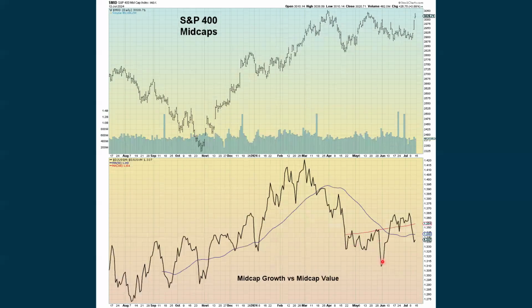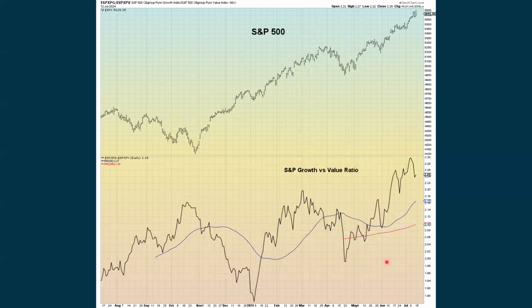The mid caps also have been stronger at other parts in 2024. Are they starting to break out? They have not surpassed these previous highs yet. And the growth to value ratio is not showing a lot of improvement to this point. This is the one that we focus on for the S&P, where the growth to value ratio here has been really improving. Even though it's been pulling back a few times over the past week, this is still looking pretty solid, but we want to see more follow through with this.